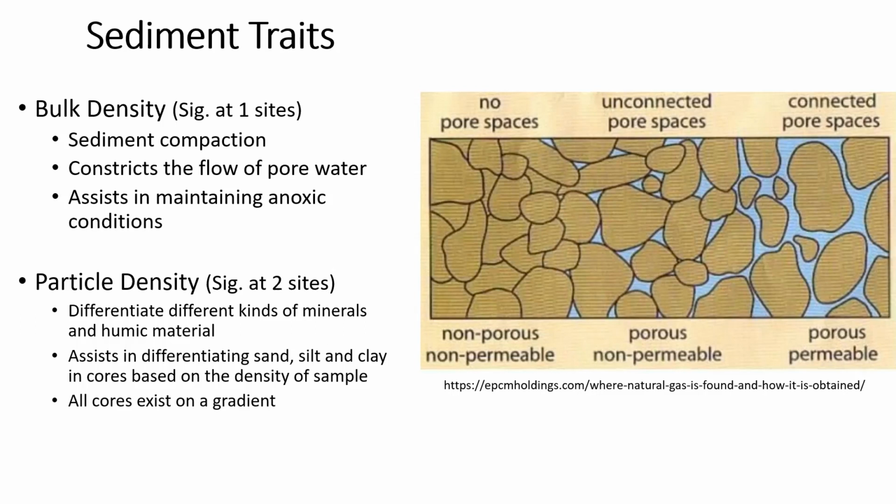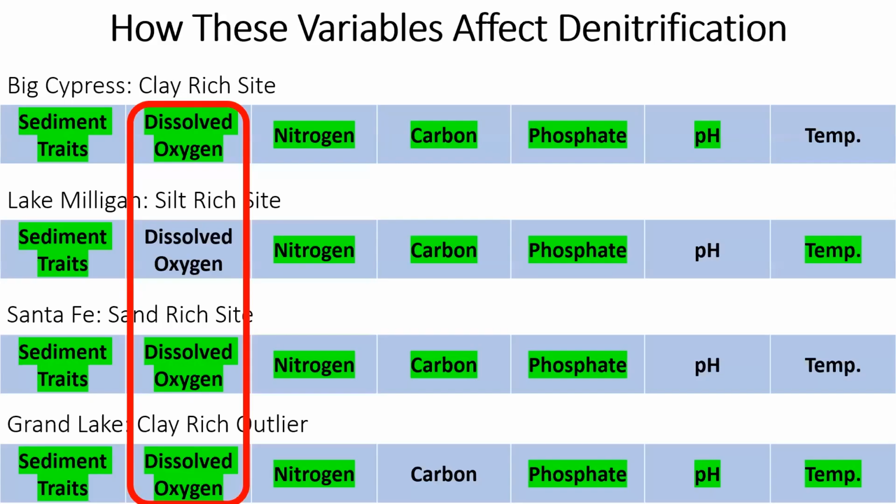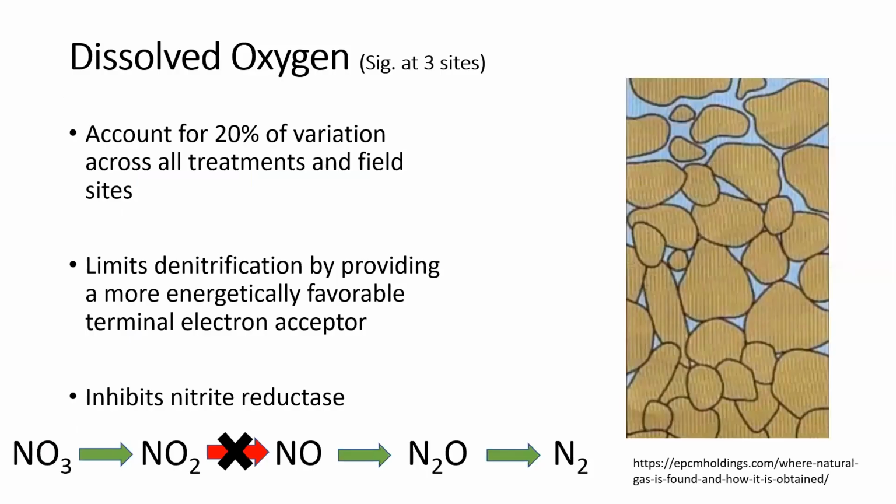Ultimately, though, we found that all of our cores existed on some kind of gradient consisting of both sand, clay, and silt. It was just a question of whether or not one sediment type was dominant compared to the others. And this was significant at 2 of our field sites. Next, I'd like to evaluate dissolved oxygen, which was significant at 3 of our field sites and ultimately accounted for the greatest variation within our denitrification rates, specifically accounting for 20% of the variation we observed across all of our